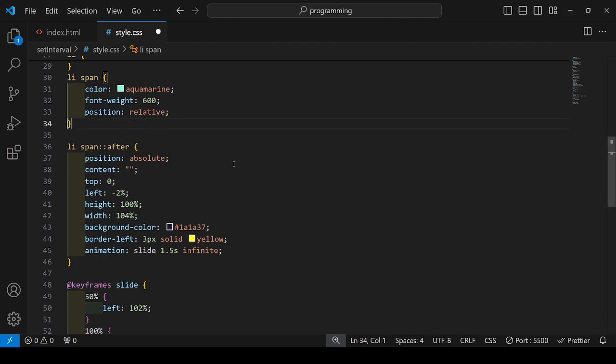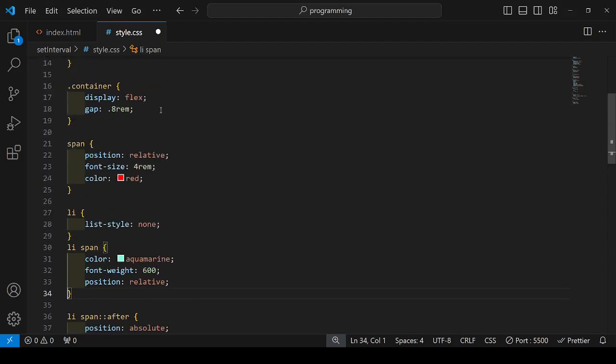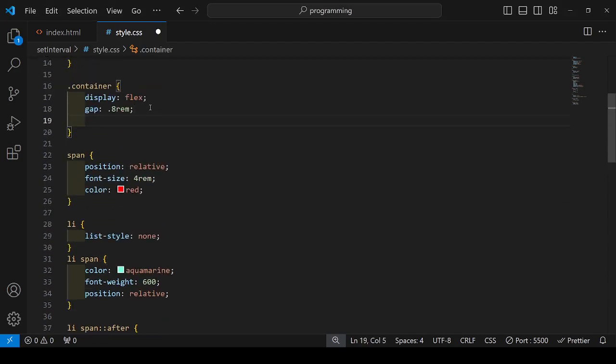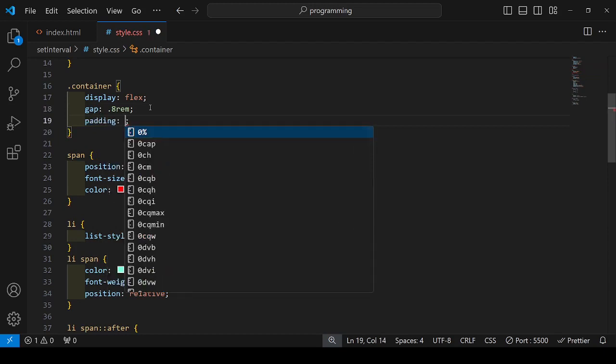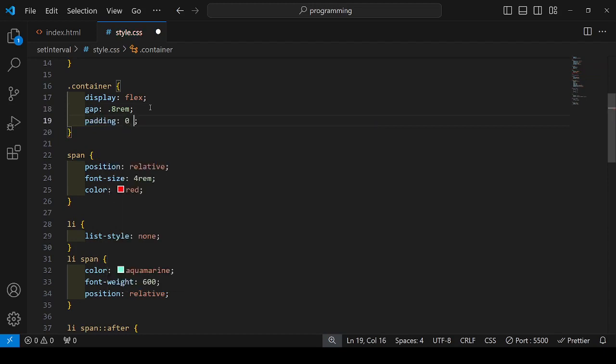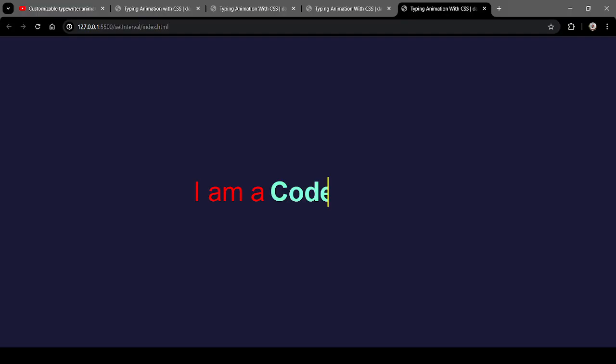All right, I just remove this guy, and here I'll give it padding of 0, and this would be 0.5 or rather 1 rem. So if I save this and go back,